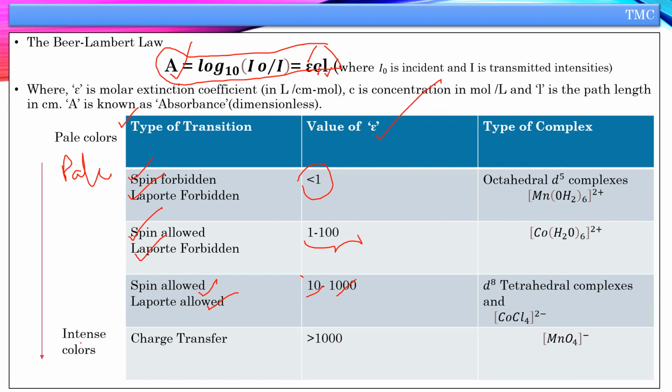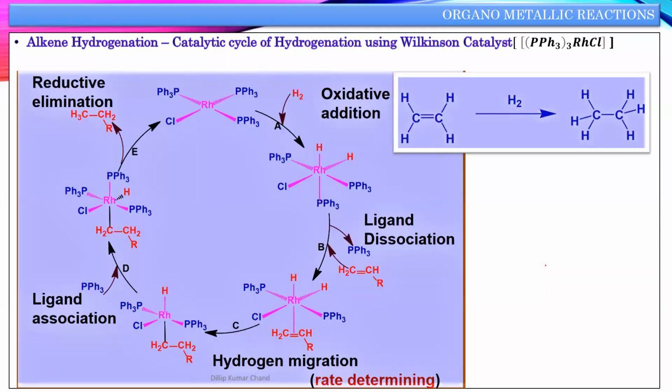So for less intense colors, charge transfer is the highest intensity color. Questions will be asked like which complex has the highest intensity color, by first clarifying the selection rules and then checking whether it is a charge transfer mechanism. Charge transfer could be the high intensity color. Then spin allowed, Laporte allowed; one is allowed, one is forbidden; both forbidden. Here some examples are given. You can go through them. You must remember them to identify the same complexes given in the exam.